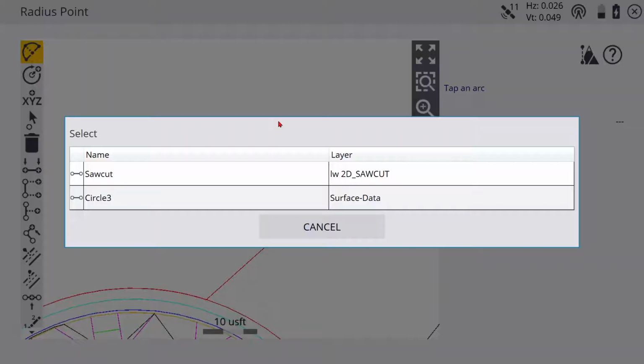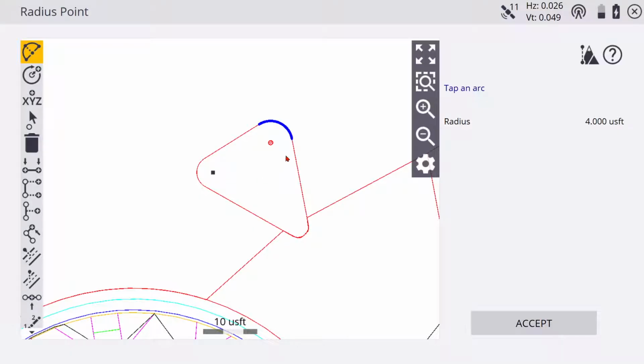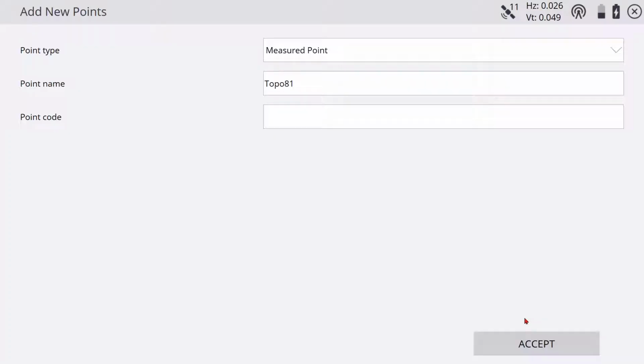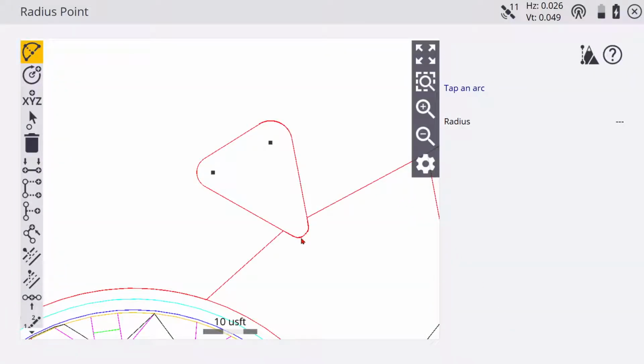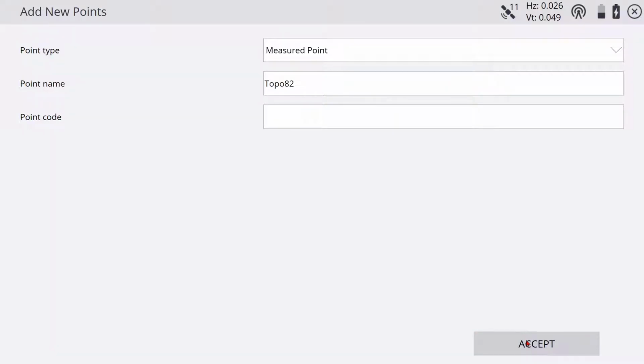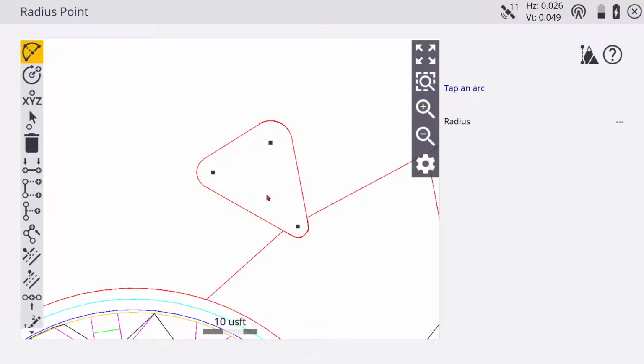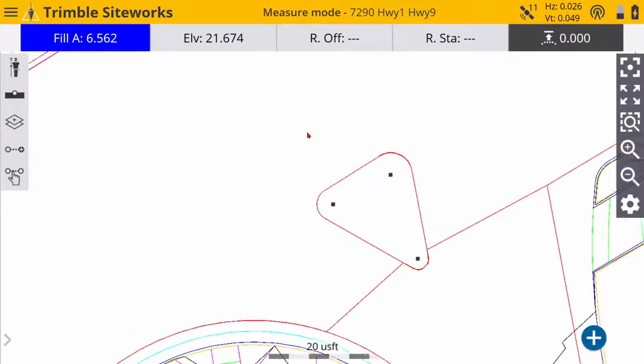Now if I want to go to this one, that one's a 4-foot radius. Okay, we'll do that one. And then this one over here, that one's a 2-foot radius, and we'll do that one. Okay. Now we have our radius points for all those arcs. So that's the first and simplest way if that is available to you. If those lines are available as arcs, that's the easiest way. Okay, the second way,